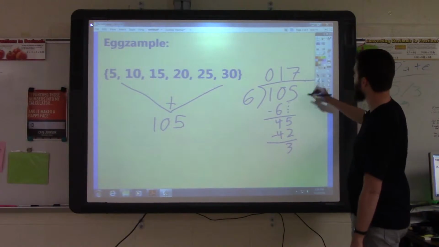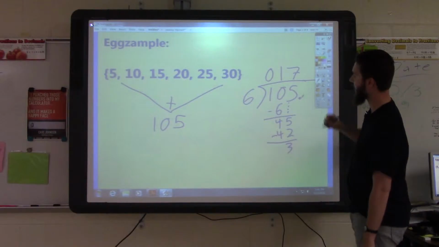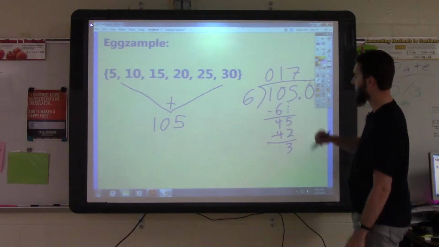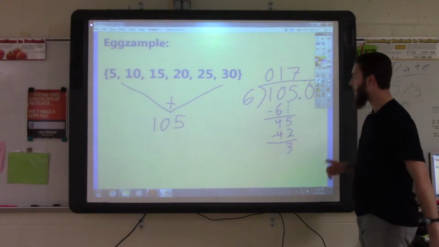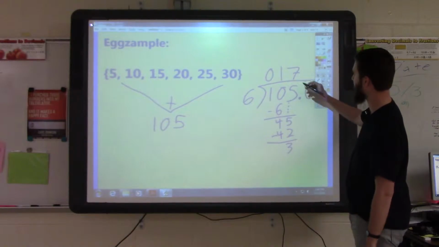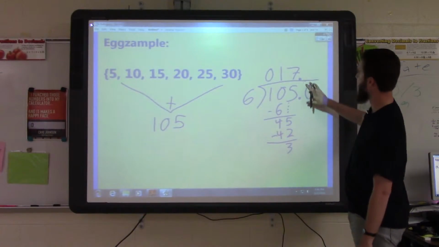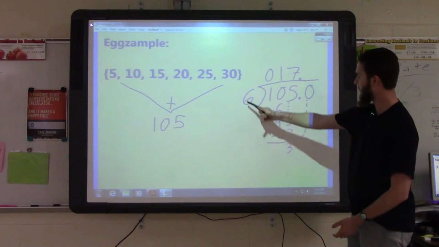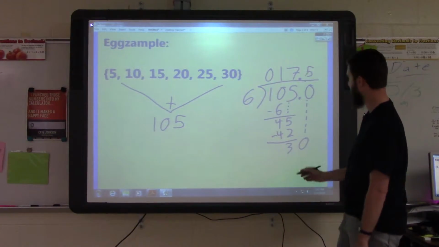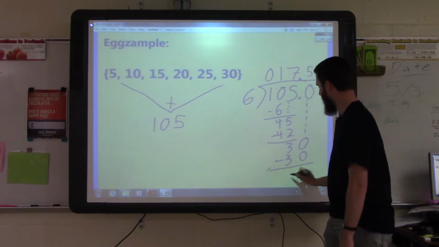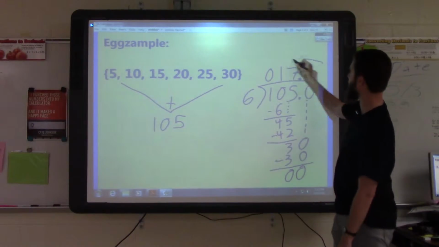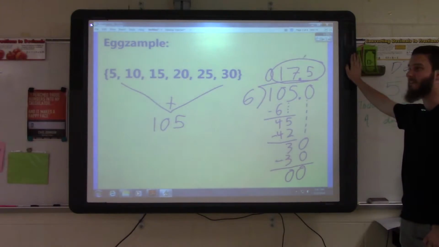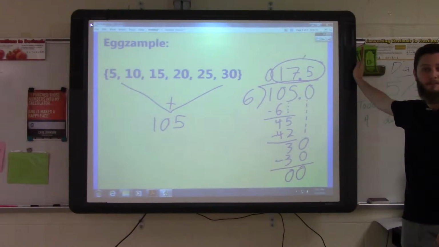In order to keep going, we're going to put a decimal right here. Turn our 105 into 105.0, so keeping the number exactly the same. While we're doing that, we're going to add a 0 directly above itself in the quotient. And then we'll continue onwards. Carry down our 0. Gives me 30. 6 goes into 30 5 times. We subtract that, giving us nothing else at the bottom. So our final answer for the mean or average of this set of data should be 17.5 or 17 5/10